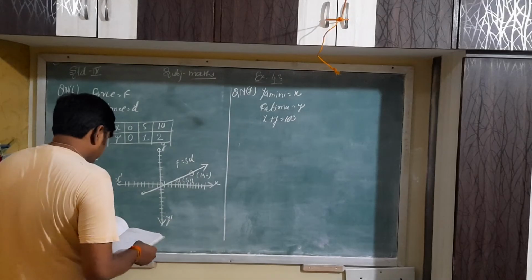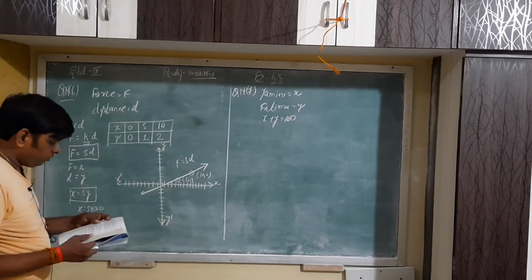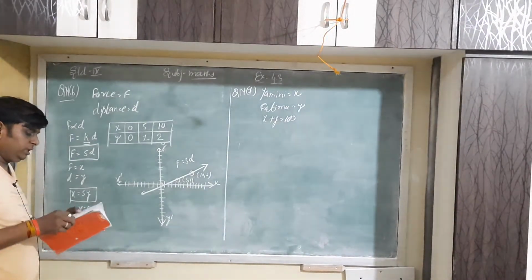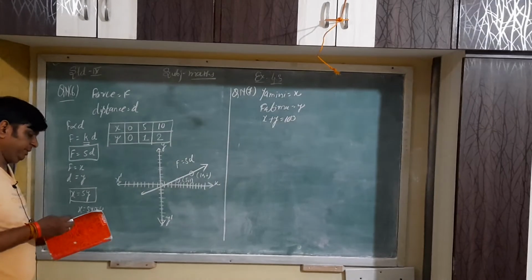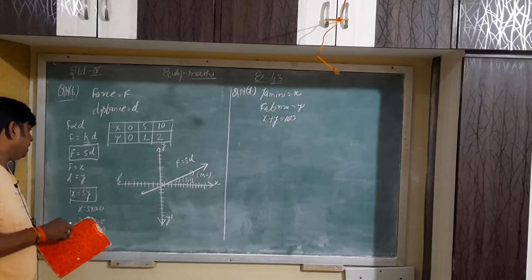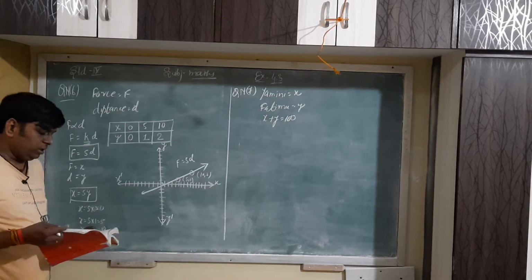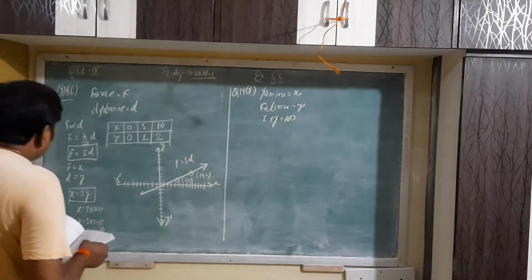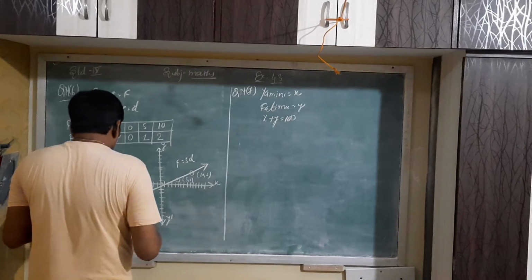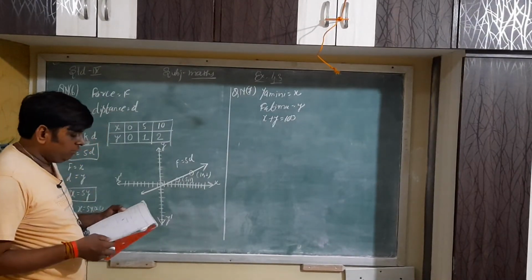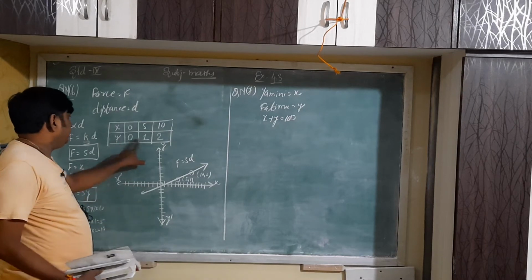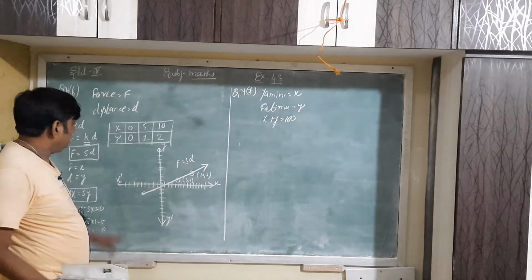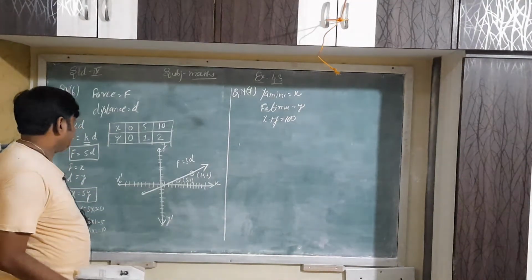Now two more questions. What is the question here? If the distance traveled is 2 units, how much force is applied? When y equals 2, give the answer. And second, when 0 force is applied. So if y equals 2, your answer is 10. If y equals 0, your answer is 0. According to your graph, you complete the questions.